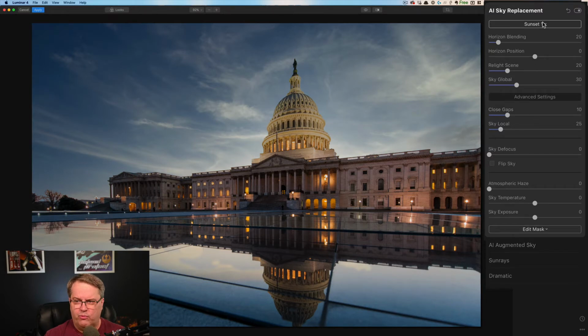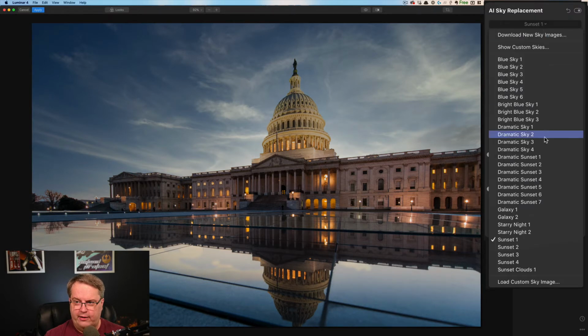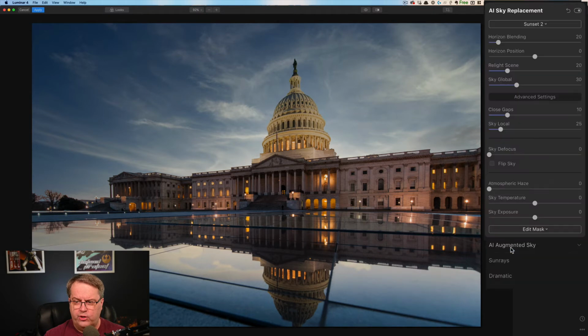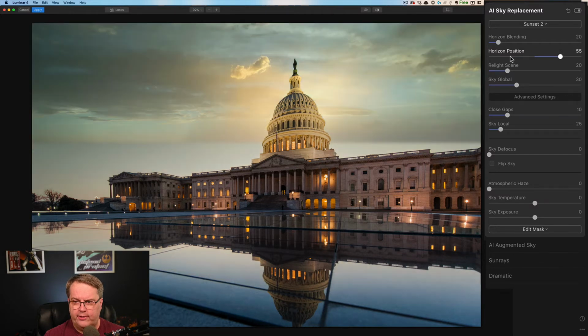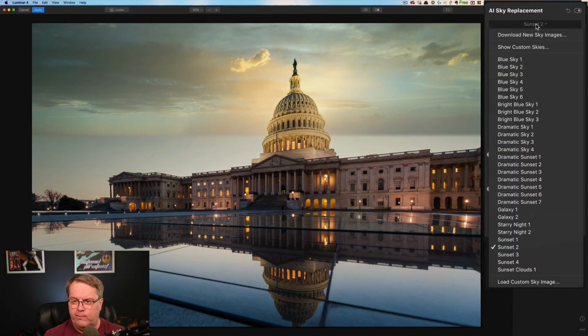I'm not really in love with the options that we have here. And it's good to get you started. It's very good for practicing. But keep in mind, everybody else who has Luminar has access to these same clouds. And you can tweak them a little bit. So for example, we can change the horizon position, and what you'll get is a little bit different than what someone else gets and shows. And I still think that's good, but let's go ahead and take a look at changing to some of our